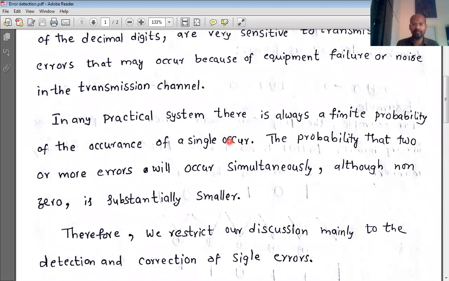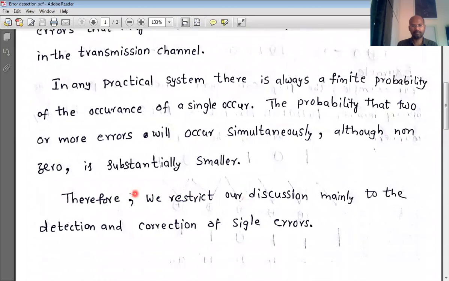We are looking at the probability that 2 or more errors will occur simultaneously. Although non-zero, it is substantially smaller, so you can almost ignore it. That's why we restrict our discussion mainly to the detection and correction of single errors.